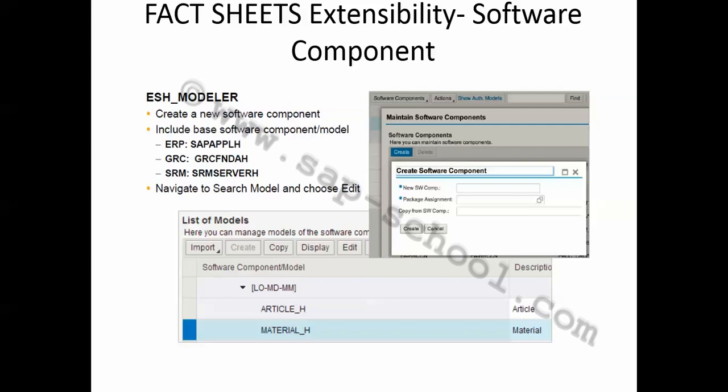The base software component we will use for the material fact sheet is SAP APP-LH, which is relevant for all the ERP models. Also, we can see on this screen are the software components for the GRC and SRM. Once we are done, we can then proceed to edit the model.